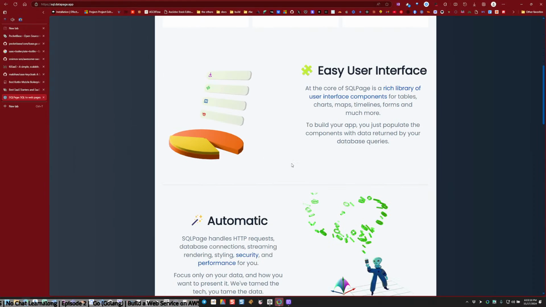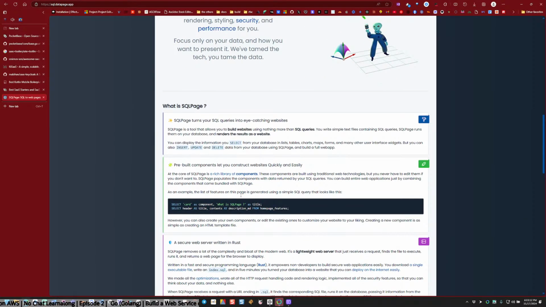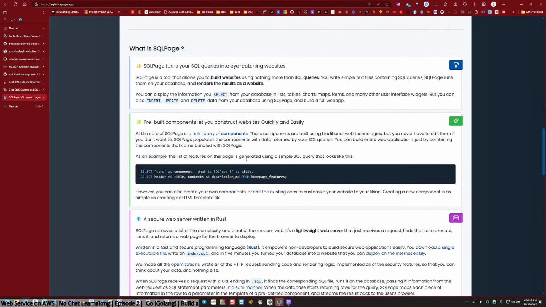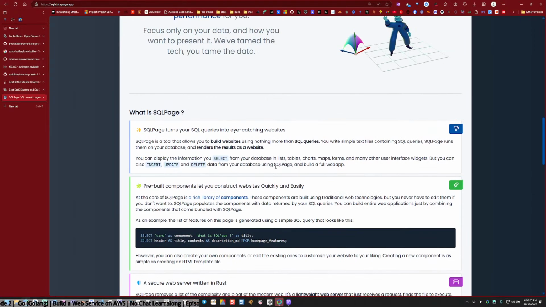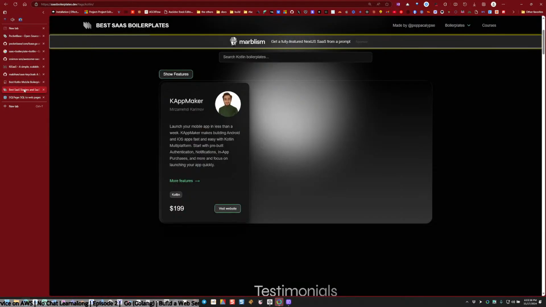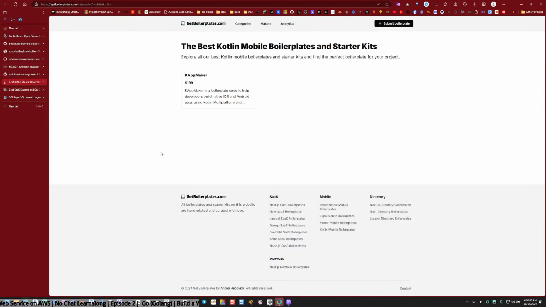Isn't that sick? This is the dream right here. Whoever's building this is doing God's work. Select card as component. Oh, dude, that is so badass. There's not much there though. I looked at it, but it works, and it's for simple stuff. It's totally fine. But yeah, that's easily the thing I'm most excited about in the back of my mind.